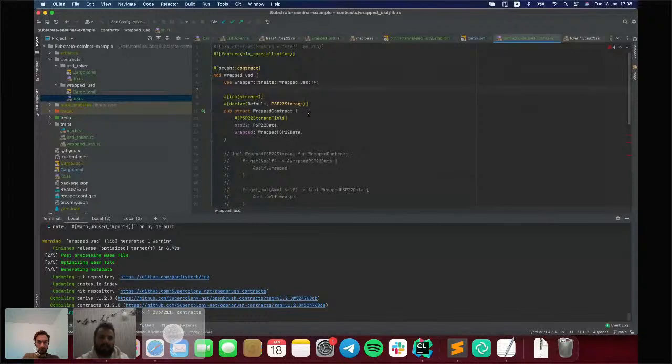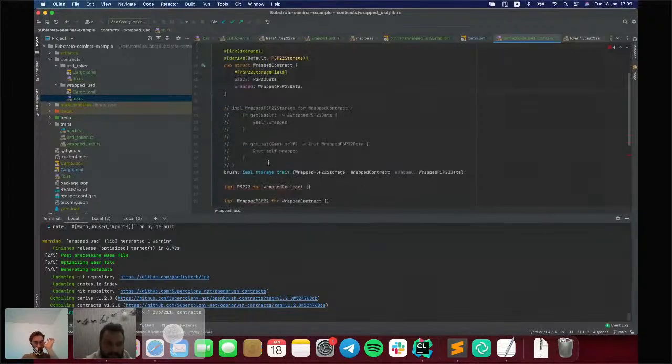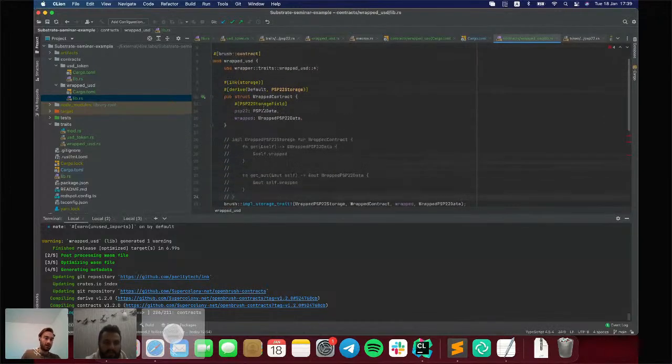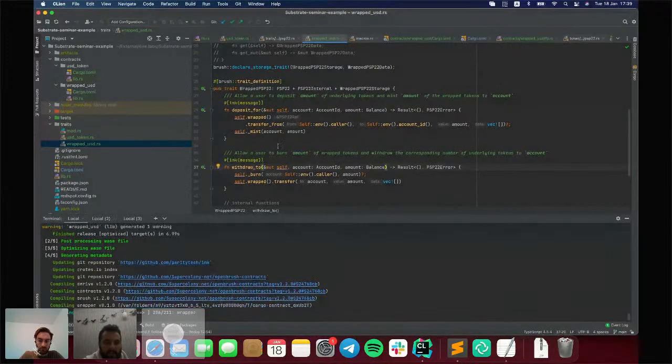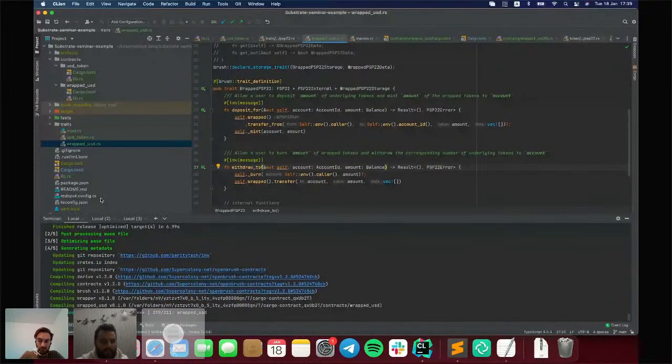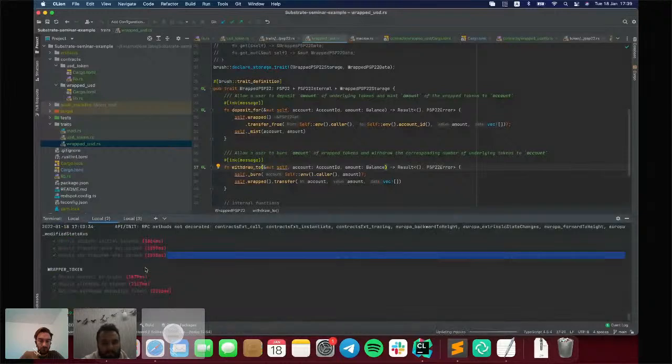So now we moved the implementation from the contract's body level to the trait's level, and we also can override that implementation. Okay, it's built correctly. Let's run tests to verify that it still works.